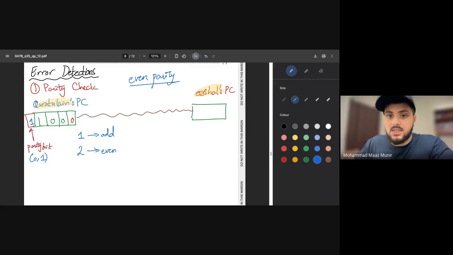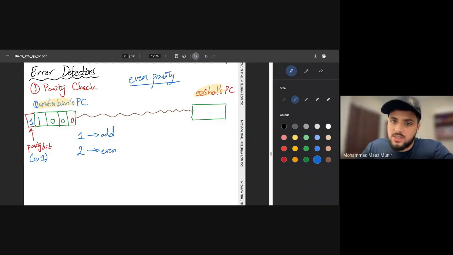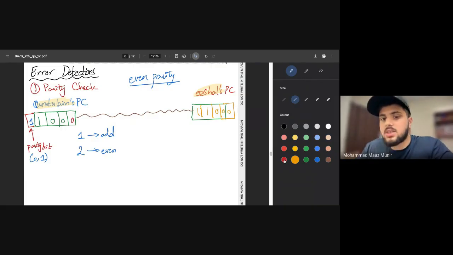Now what's going to happen is we will be sending this file to Ishal's PC. And let's say on Ishal's PC, when the file comes up, say वो इस तरफ 5 bits के अंदर पहुंचेगी 1 1 0 0 0। So what Ishal is going to do is कि वो भी number of ones को count करेगी। She'll be like okay 1 1 0 0। So we have two ones। So two ones का मतलब है two is even, right? So हमने even ही की थी, even में ट्रांसलेट हुआ, hence no errors।